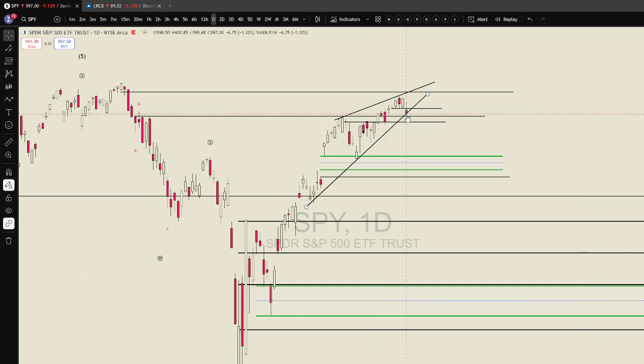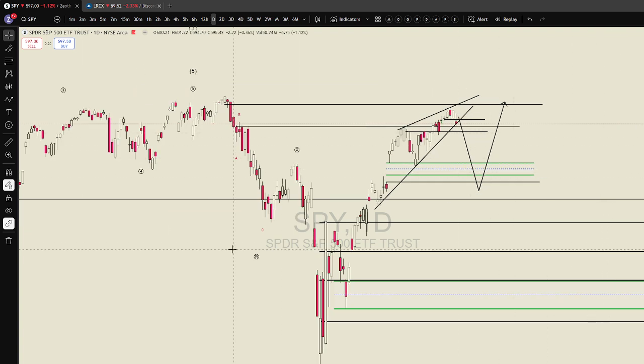So if we get a close below 595, I'm expecting a drop to around 572. And if we get lucky, we're going to sweep this 567 like this, and then crawl it back. So it's going to be an interesting time. If we get 567,